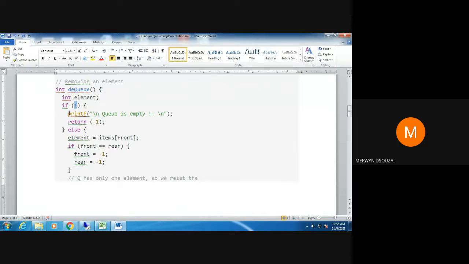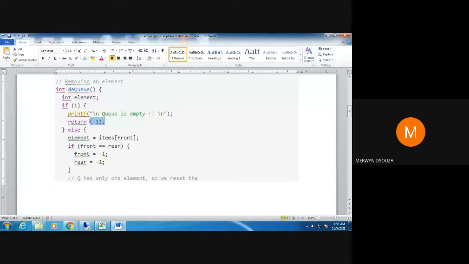Then what we will do is print this message, queue is empty. And then we return a value -1, because there has to be some value returned from here. Instead of -1, you could have said return null also.